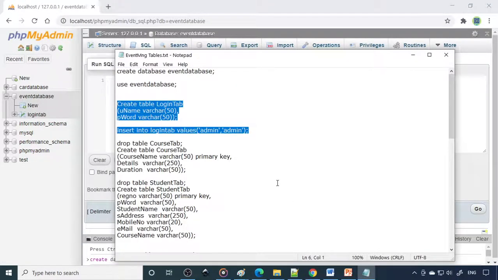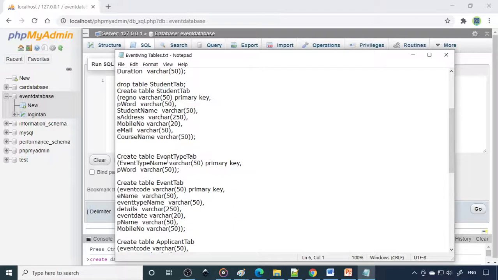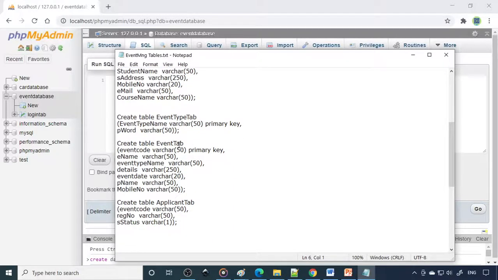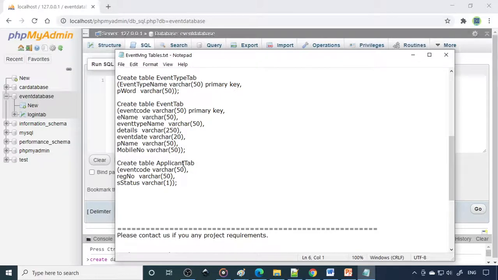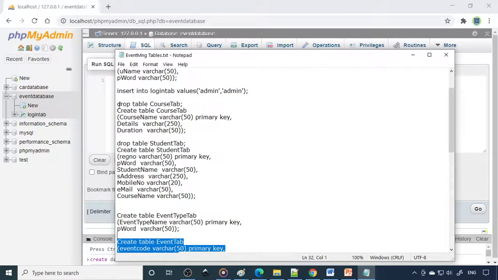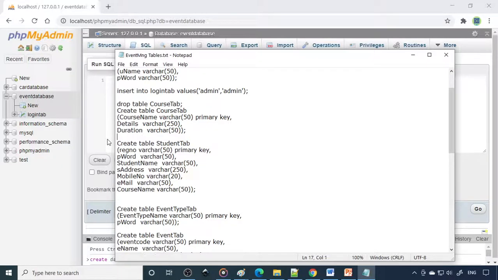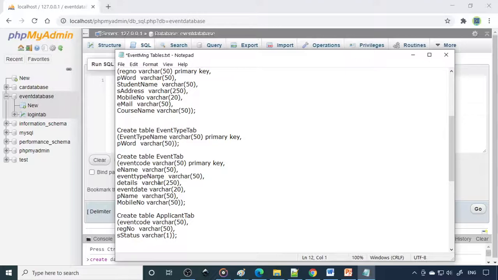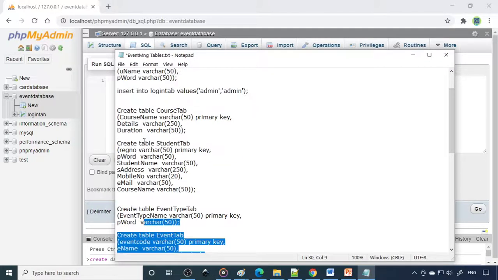Apart from this, we have other tables: the course table, student table, event type, event table, and the applicant table. Now we can copy all five tables. If there is a drop table statement, it won't work, so I need to take that out first. Okay, now I can copy this.